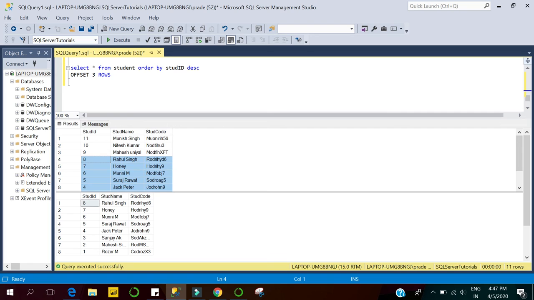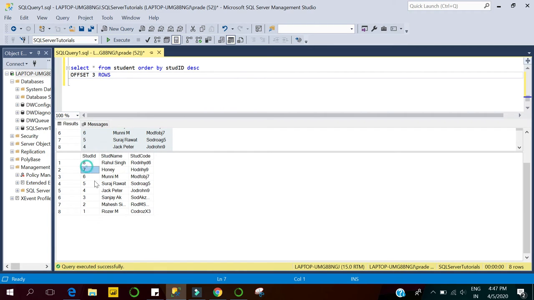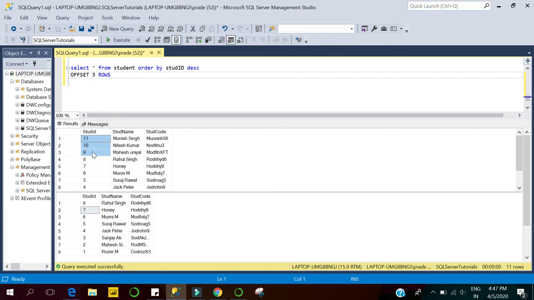Now we have a requirement. We are skipping the first three rows, but we want only the next three rows in our result set. We don't want the complete result set. So after skipping the first three rows, meaning 11 to 9, we want only the next three rows, 8 to 6. So we will further use fetch next three rows only.